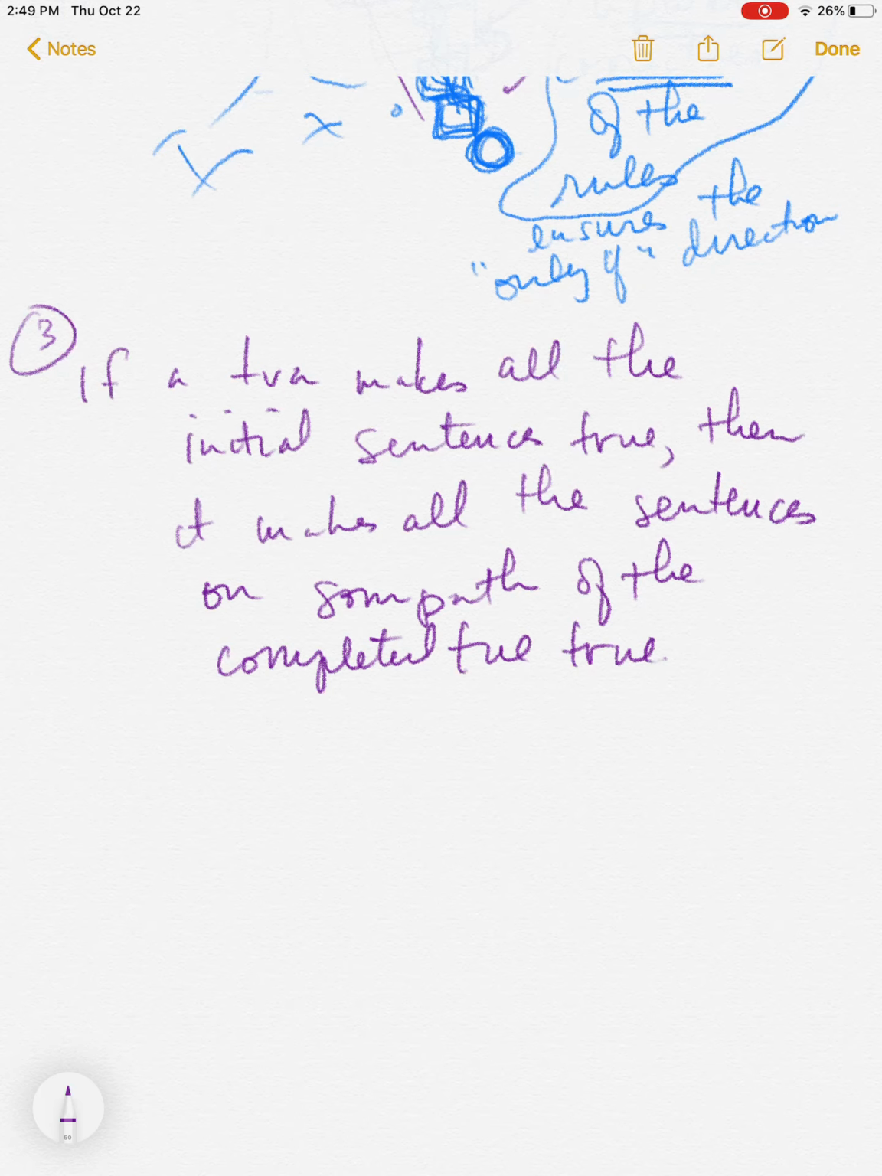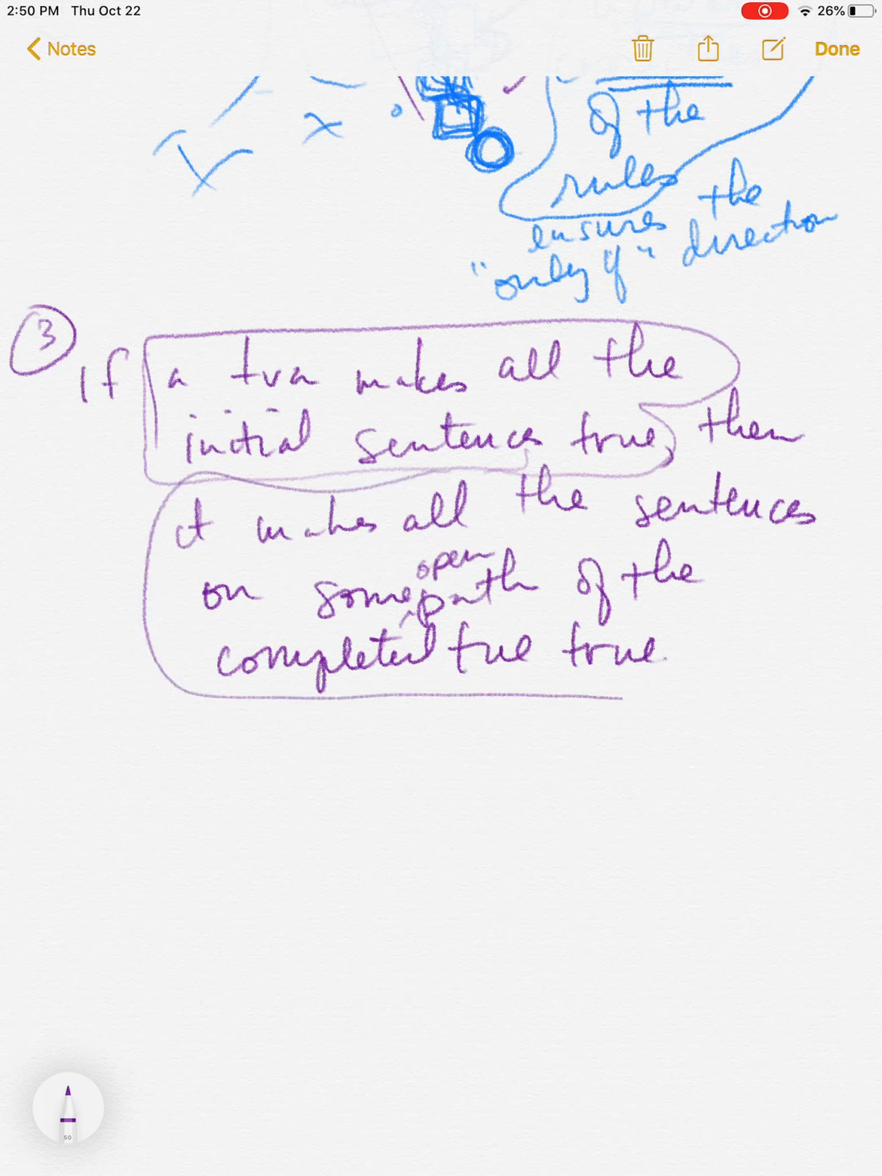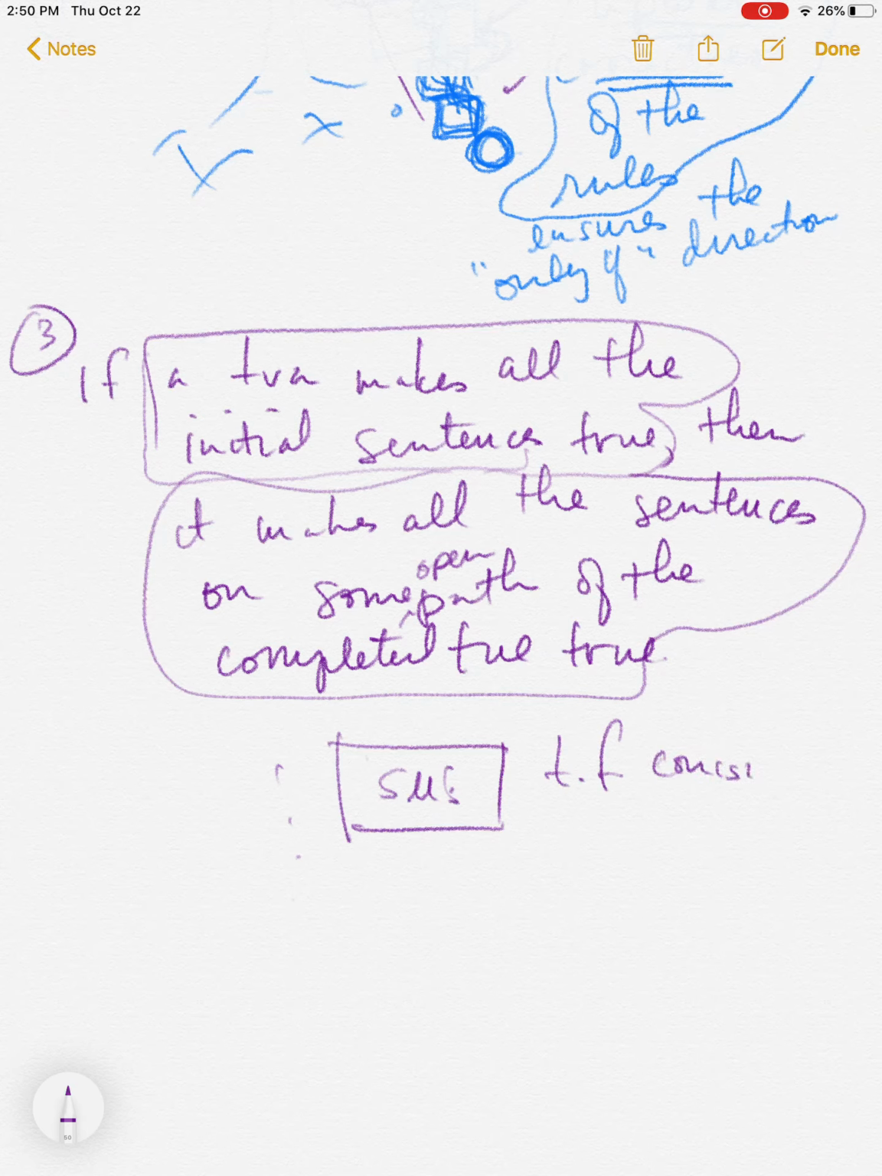In other words, if the set is a truth functionally consistent set, that is, if there is a truth value assignment that makes all the set members true, then that truth value assignment will make all the sentences on some open path of the tree true. So it's just the other direction. So if you've got your set members, you're doing the tree for it, and if the set is a truth functionally consistent set,